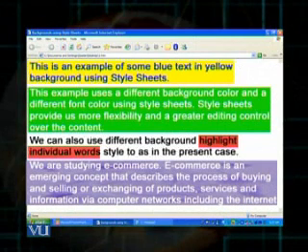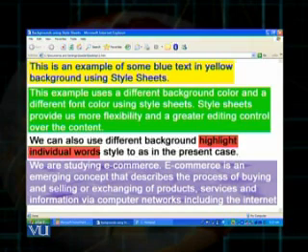You can see there is a yellow background in which I have printed some text in the font color blue, and the line reads, this is an example of some blue text in yellow background using style sheets. Then in the second example, the background color you can see is green, on which the sentence is written in the white font.